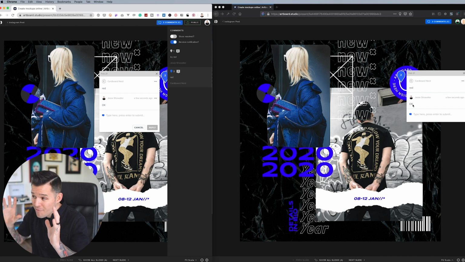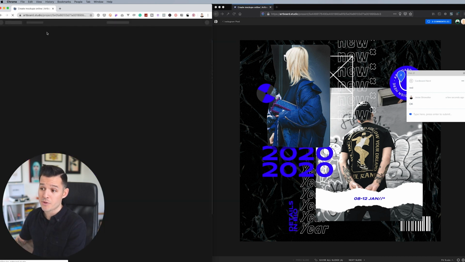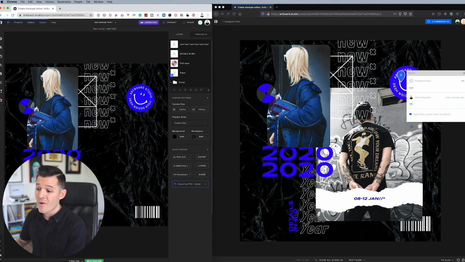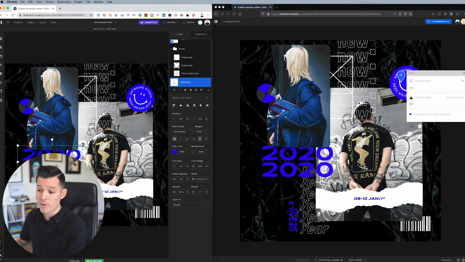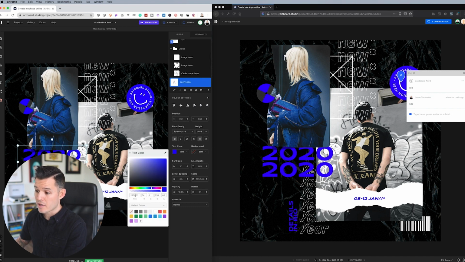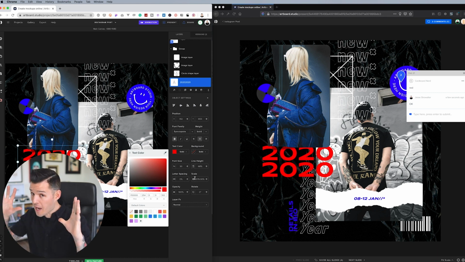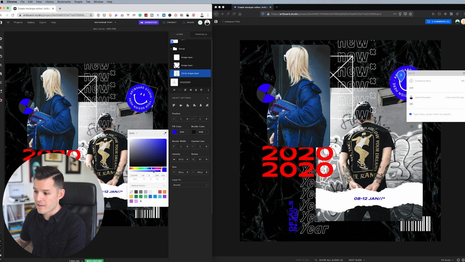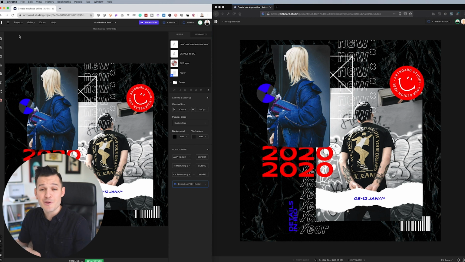Where this gets even cooler is when you actually do real-time updates. So I'm gonna go back to the design interface of my design, and I'm gonna go ahead and listen to their comments and make both of these red. So let's click our color here. Let's just move over to a red, and you can see on the right-hand side in real time, it updated the design. We can come over here as well. We could maybe click on this element and we could make that a similar red color so that you've updated the work. The user can see that you've updated the work, and maybe they've left you some comments that says,